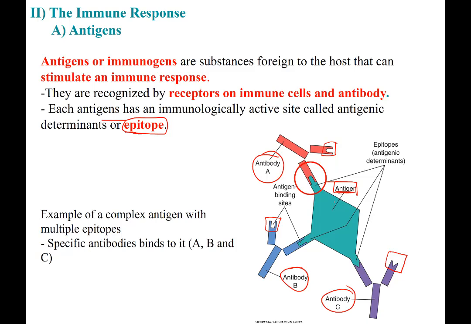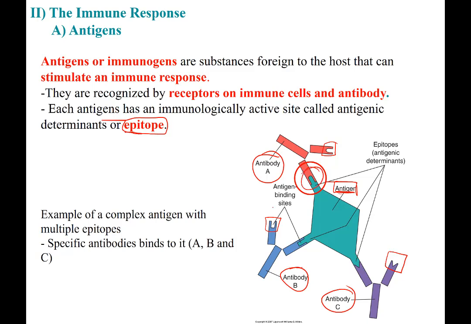So you're going to get sick, and you're going to get sick quickly, and the symptoms are going to be severe, and then it's going to take some time for you to recover. The second time you are exposed to the same antigen, this time the immune system has seen it before. It's going to be able to recognize this antigen and produce one antibody, for example, antibody A. So it's going to be able to bind to this particular epitope.